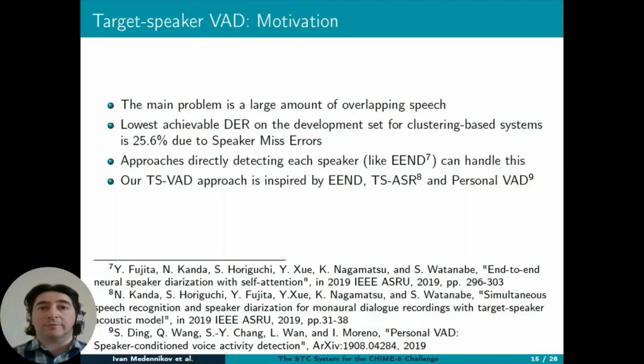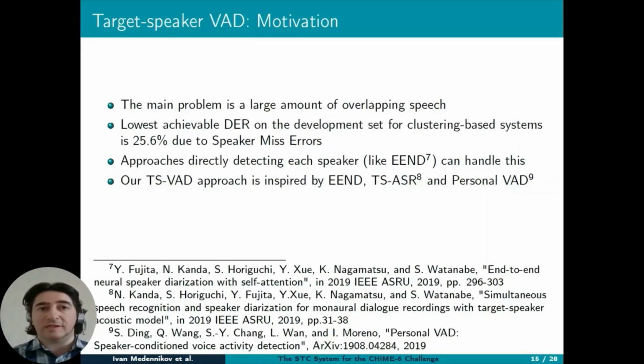We tried to determine the primary source of diarization difficulties and found that the main problem is a large amount of overlapping speech. To quantify it, we changed the reference segmentation by leaving only a single speaker on each segment of overlapping speech. And we found that diarization error rate of such segmentation was as large as 25%, and all these errors were due to the miss of overlapping speakers. So, even with the perfect speech activity detection, the clustering-based diarization approaches are in principle unable to reduce diarization error rate below 25% in this task.